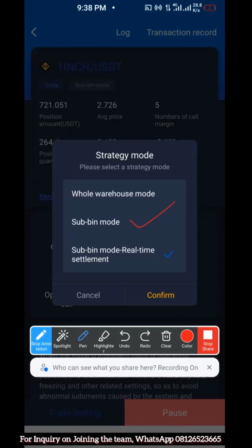So the good thing now is that they have brought this sub-B mode real time. Now, for the sub-B mode real-time settlement, what it does is this. It's the same thing as sub-B mode, but it will charge you the normal 20% and it will record it for you. So I like to use sub-B mode real-time settlement. I don't mind that 20% I'm giving because I know that the 20% is actually going to the community mostly. Most of it